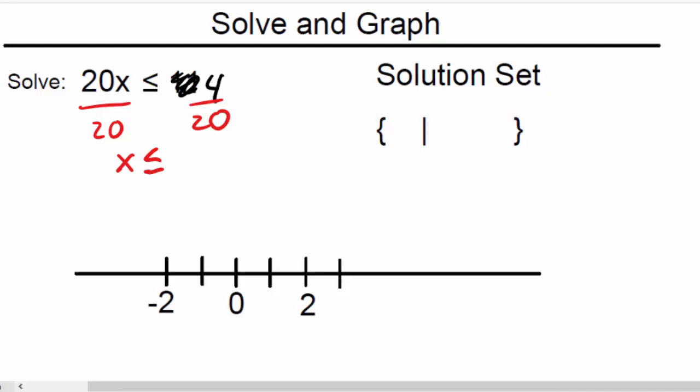But I can reduce the 4 over 20, which we'll call 1/5. So the solution set would be all x's such that x is less than or equal to 1/5. All right, so I've got a 0 here. This will be a 1. And 1/5 is a small decimal, much closer to 0, so I'm going to put my dot right about here. That's approximately 1/5. Now remember, I'm doing x's that are less than 1/5, so that'd be an arrow to the